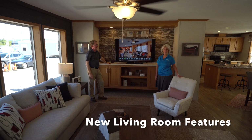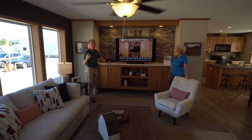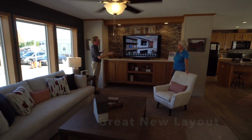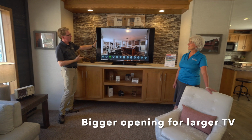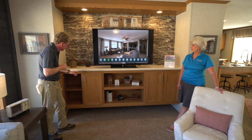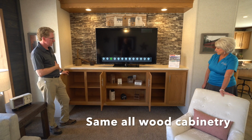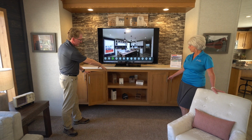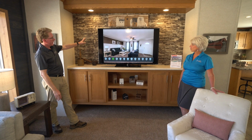So we're now in the living room area. And this living room area is really, to me, a great attraction because of the way it's laid out. Your furniture can be all laid out here. And this entertainment center could take probably a 90-inch TV on this wall. They have, this is probably a 70-inch TV or something. But the great thing is you have all this cabinetry here. So this is all wood cabinetry with the great hinges. In this area here, you can put your DVD player, your cable receiver, and it all can be integrated